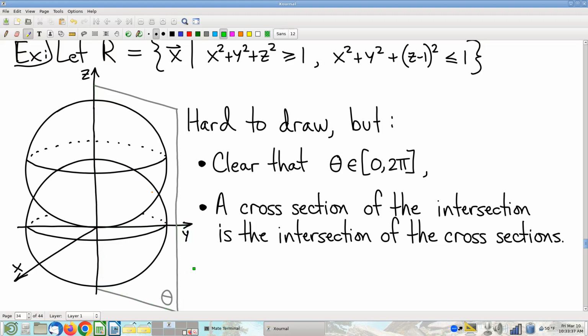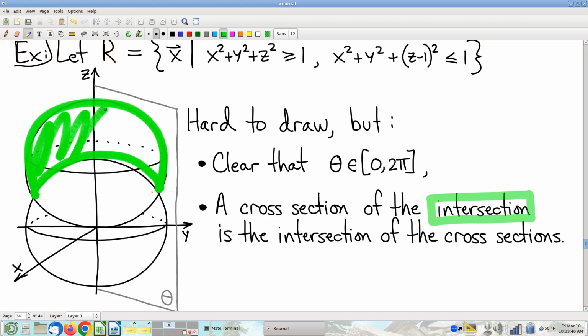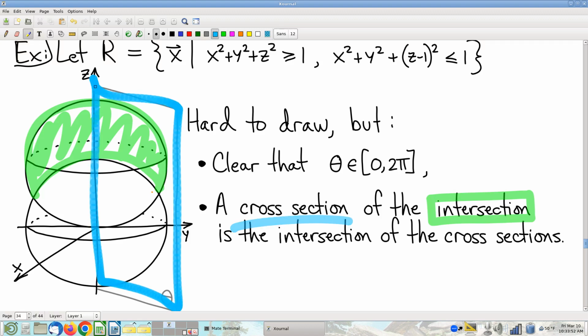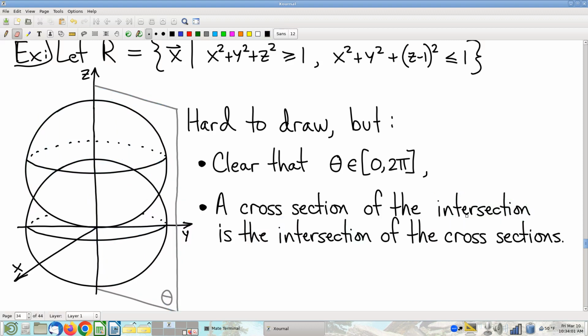Rather than looking at the intersection, namely the actual solid itself, and then trying to take cross sections of it, which again I feel like is kind of hard, instead it works just as well to look at individual cross sections. That's plural now. We're going to look at cross sections of the top ball and the bottom ball individually. Those are easy. If I look at the top ball here,